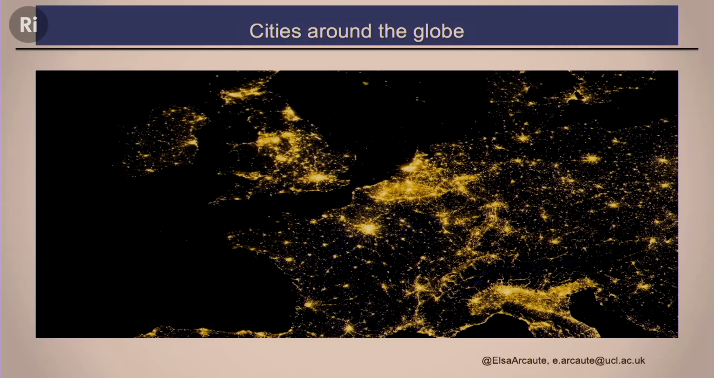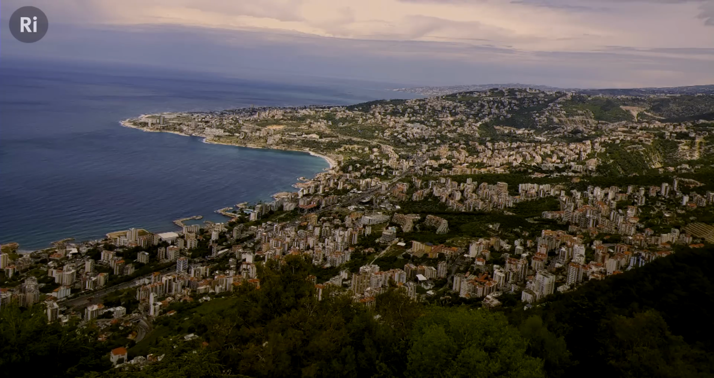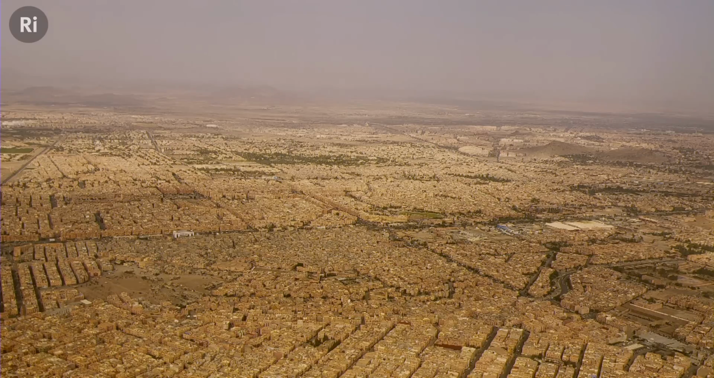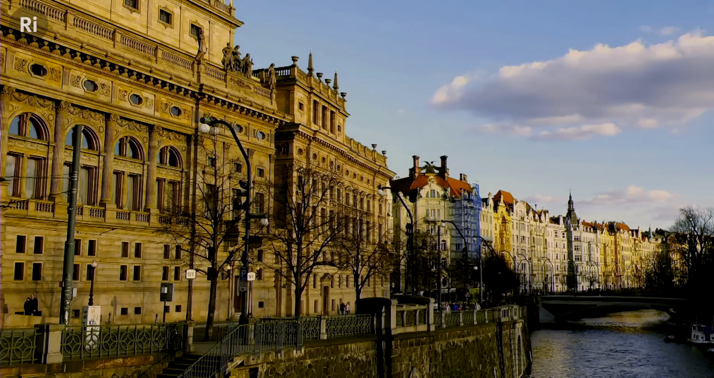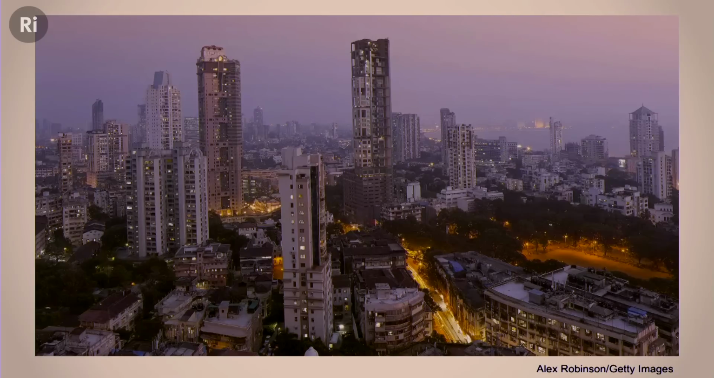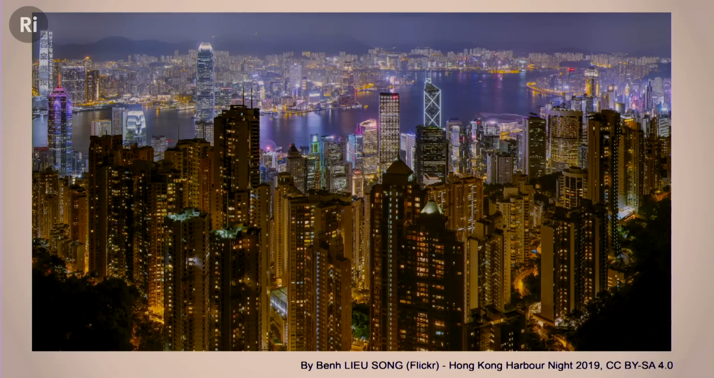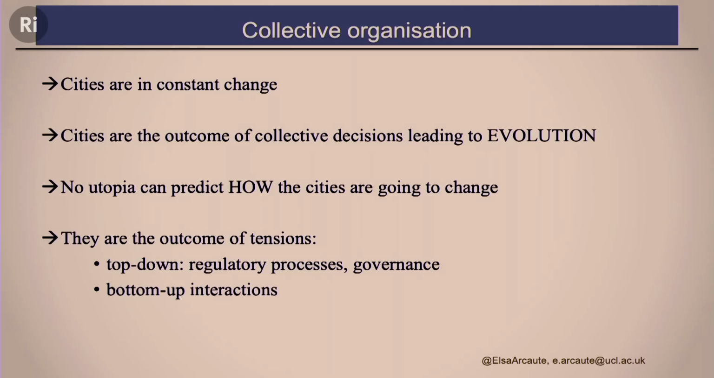So when we look at cities around the world, what we see is cities that are really different. On the one hand, we have cities that are coastal cities. On the other hand, we have cities that are in the desert. We have European cities very strongly connected to their history. We have cities that are really heterogeneous in the way they are organized. And we have very modern cities. So all of these cities, when we look at them, very, very different to what we saw with Palma Nova,